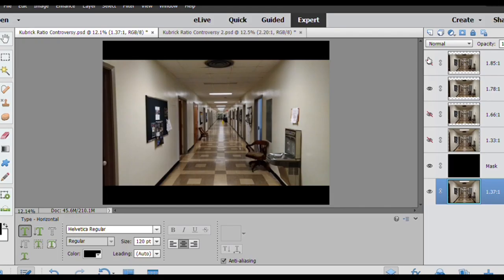So now we get to our final aspect ratio, 1.85 to 1. This is the aspect ratio in which these 3 films were originally shown at the theaters, and it is, in my opinion, the correct aspect ratio for these final movies. Now, as I said earlier, I would prefer the slightly taller 1.66 to 1 because I don't know, I just like the aesthetic. But this is how Kubrick intended for these films to be seen.